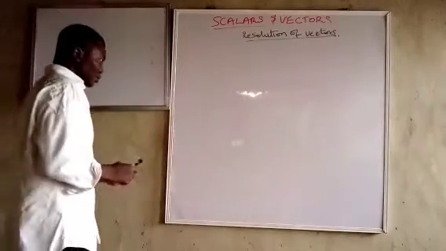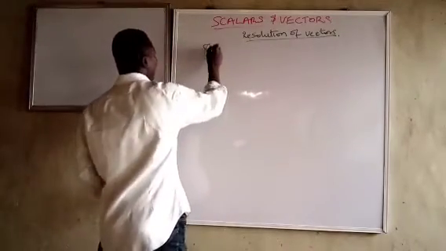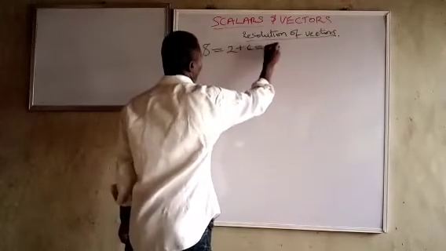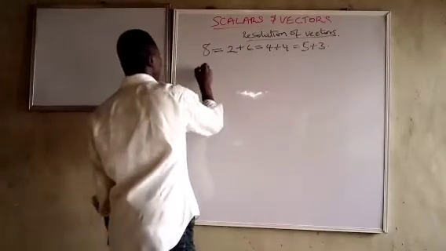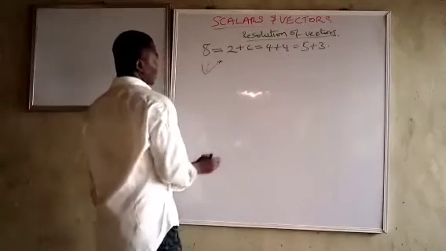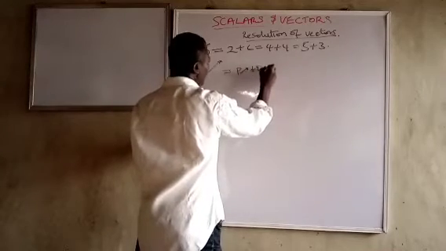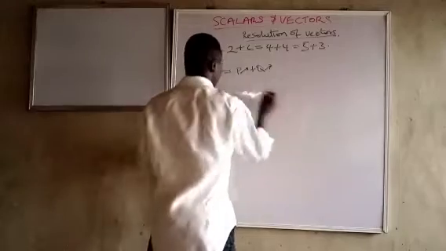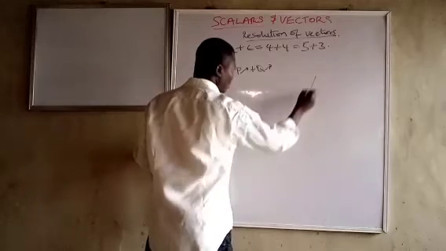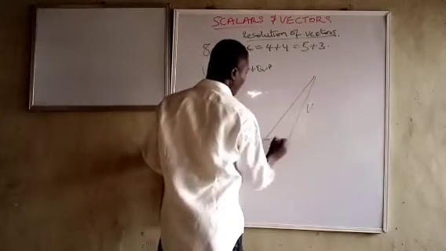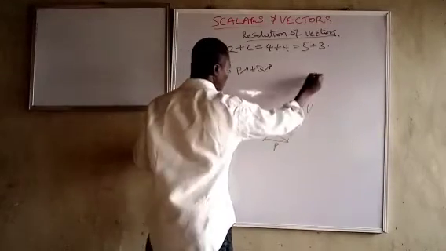When we look at vectors, just like scalars, let me do this straight. If I have 8, I can break it down to 2 plus 6, 4 plus 4, 5 plus 3. In the same way too, I can have a vector v in this direction. So, I can use p in a certain direction plus q in another direction too. It can give me v. Let me see like this. This is v. Now, I can use this one and this one. Let's say this is v, this is p, this is q. In the same way, I can say r